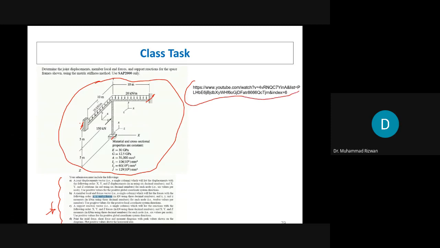इस problem को एक video में भी solve किया गया है, ठीक है। So you can either go and watch that video first maybe, or you can directly solve this using these input data, ठीक है। So this is your home assignment. Next time ये problem भी मैं देखूंगा। And again, if you have any problem or any question, उसको भी हम discuss कर लेंगे, ठीक है।